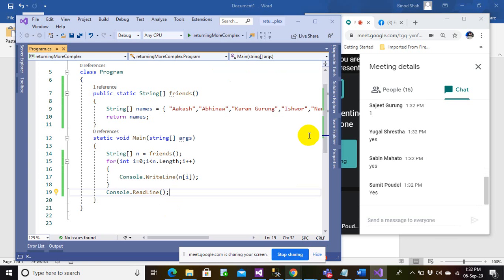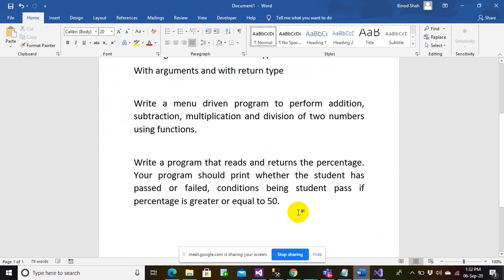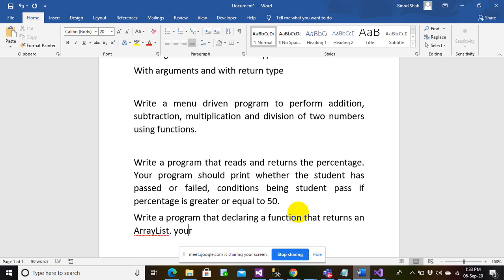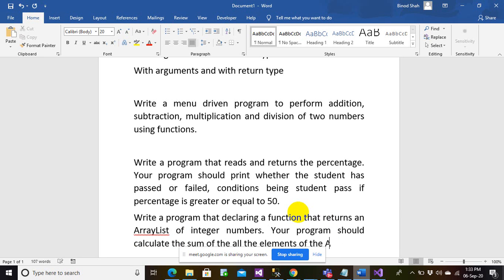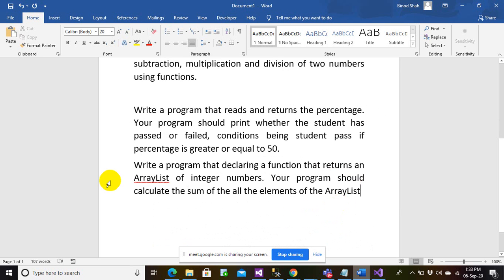So I would like to give you some questions and then I would like you to solve the question and submit it by tomorrow morning. This is what I want you to solve.